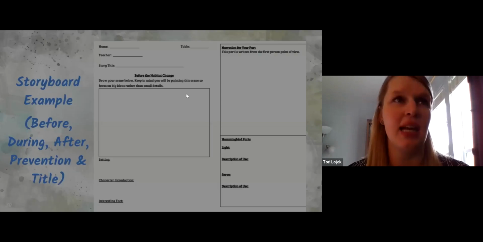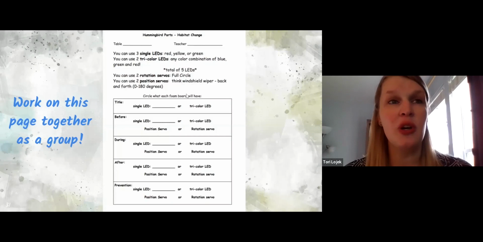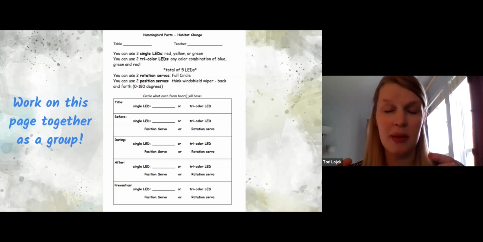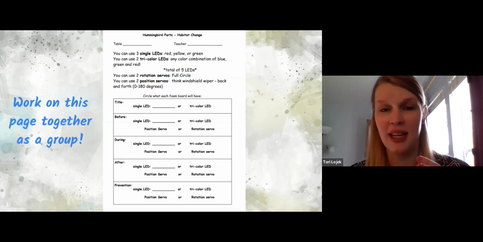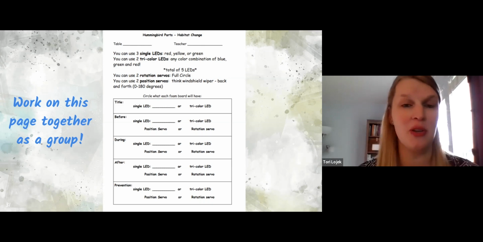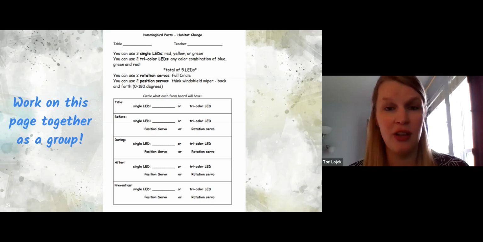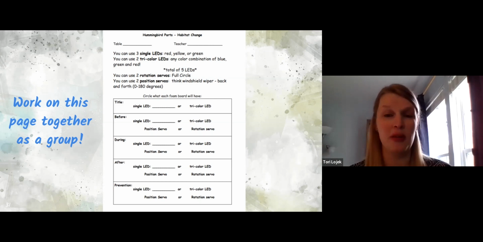This was more of the planning stage. Then they chose, because of the limitations of the hummingbird, we had to make sure that every group didn't try to use 8 lights when we could only use 5. So they had to make sure that they were discussing and collaborating with their members, like, hey, I want to